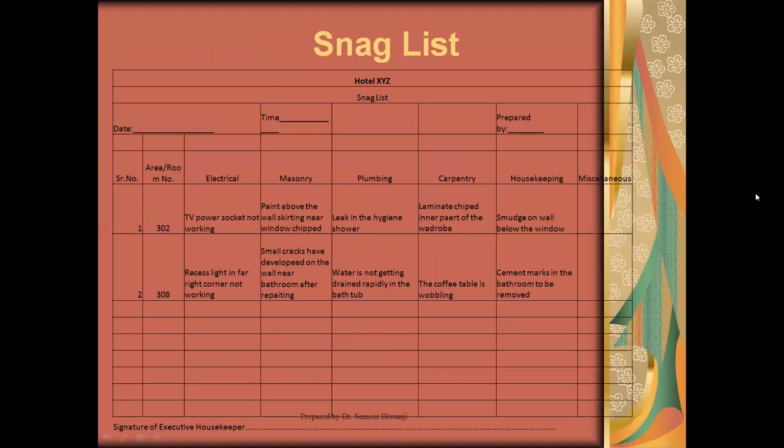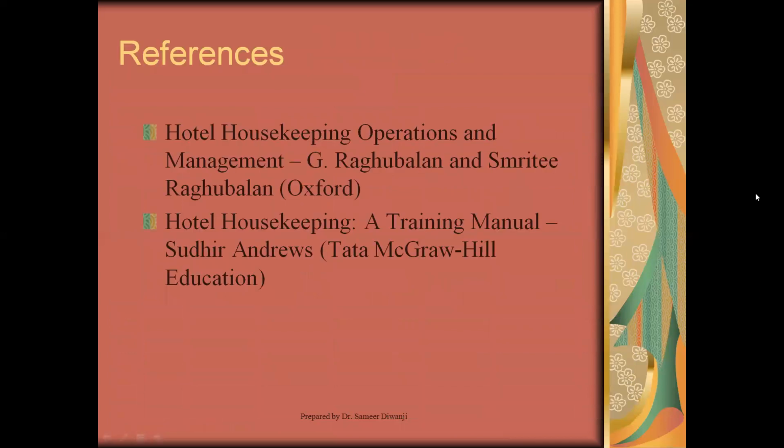So this in a nutshell is, again I've put a slide of the snag list where every small point is taken care of. This is from Raghubalan as well. So this is what the entire refurbishment program looks like step by step. It's important to follow the steps right from the physical evaluation to the budgeting, to the controls, to the purchases, to the final takeover from projects team or the contractors.